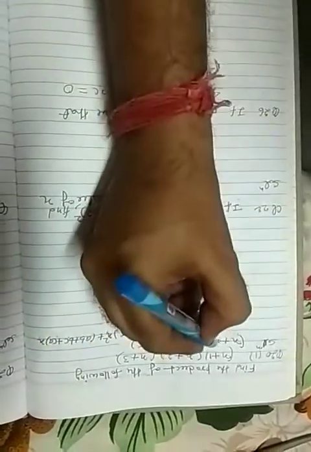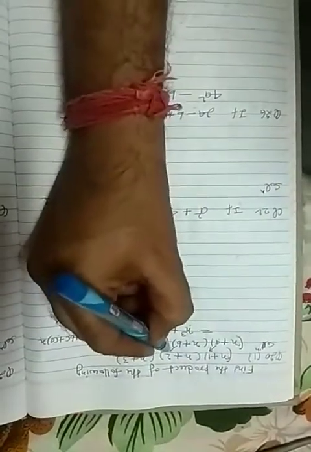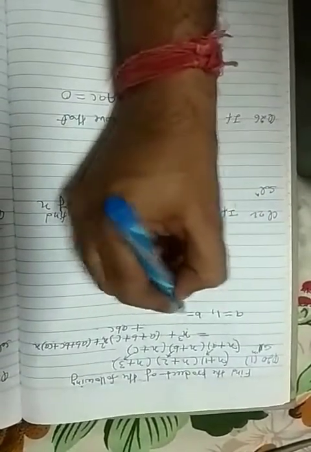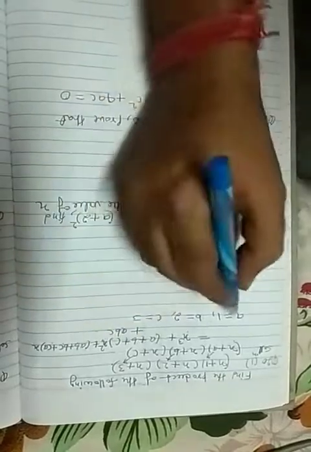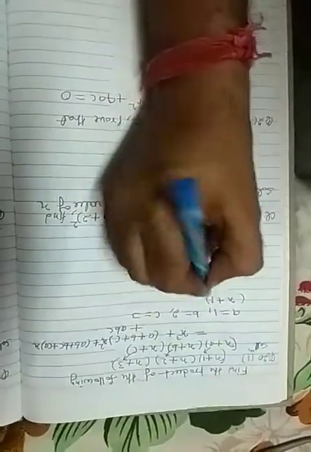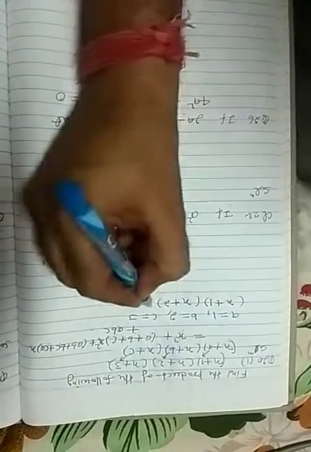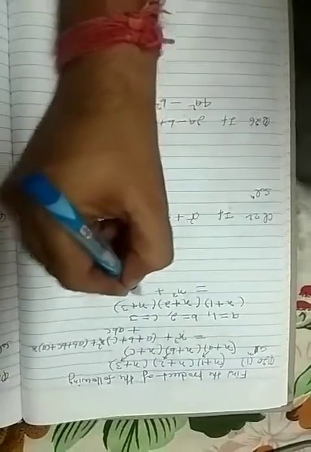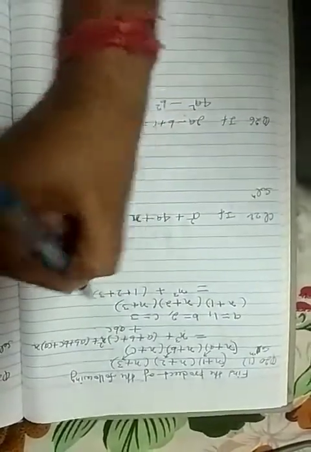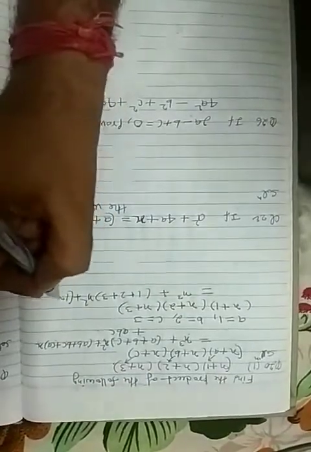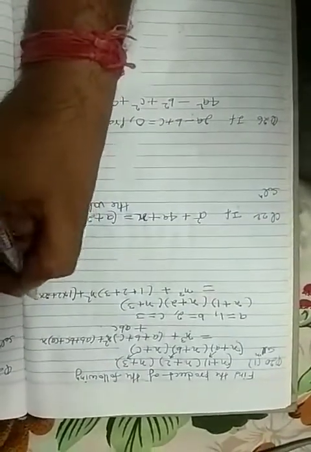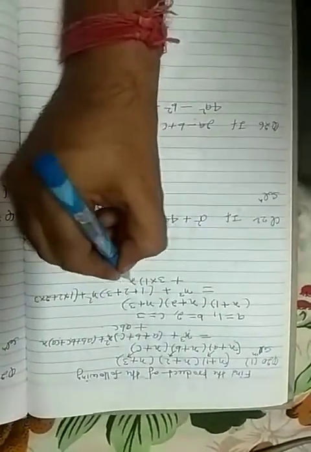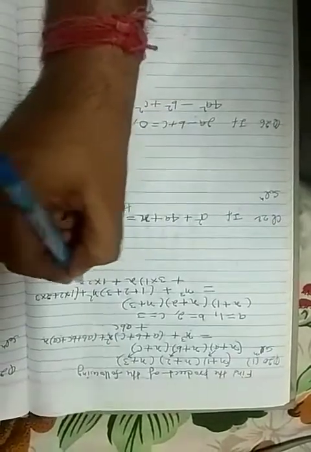Now you see here comparing, a equal to 1, b equal to 2 and c equal to 3. So we put a equal to 1, b equal to 2 and c equal to 3. So we get (x plus 1) in the first bracket, (x plus 2) in the second bracket, (x plus 3) in the third bracket, and then x cube plus (a plus b plus c), that is (1 plus 2 plus 3) into x square, then ab is 1 into 2, bc is 2 into 3, simply putting the values of a, b, c, and ca is 3 into 1, bracket close, then x. Next one is a into b into c.